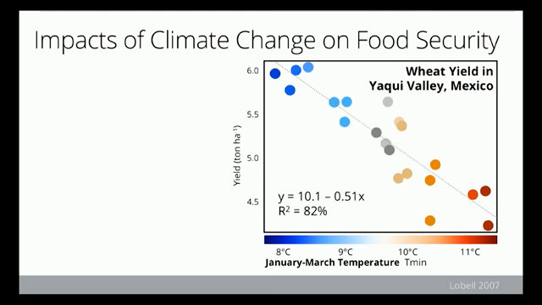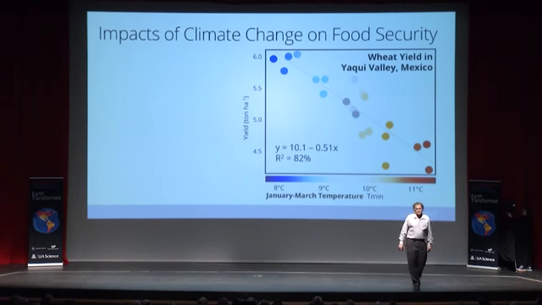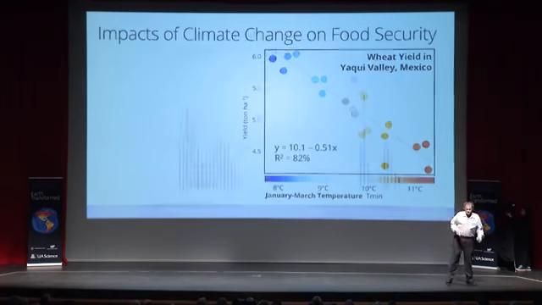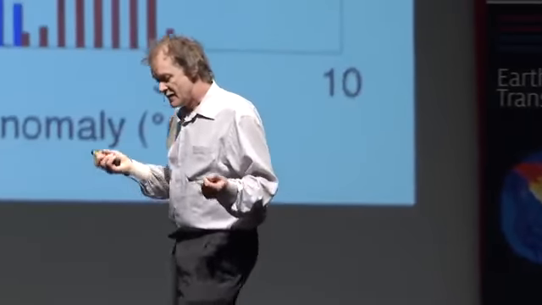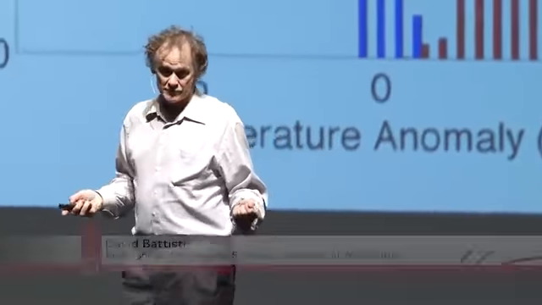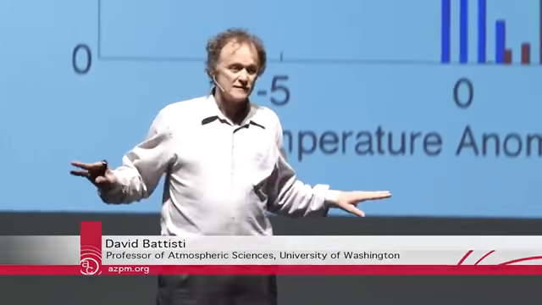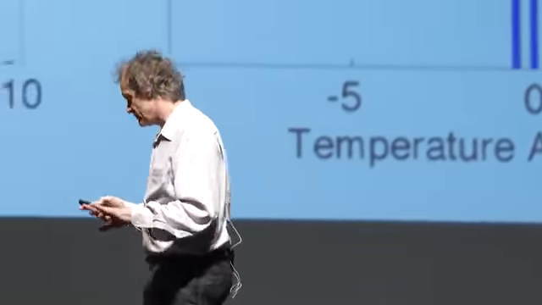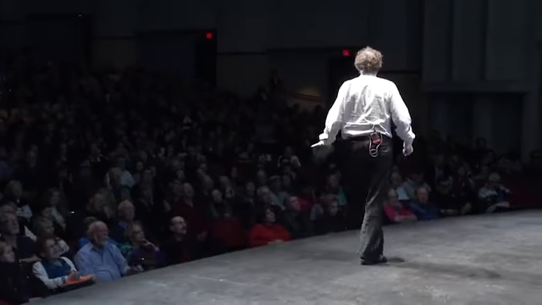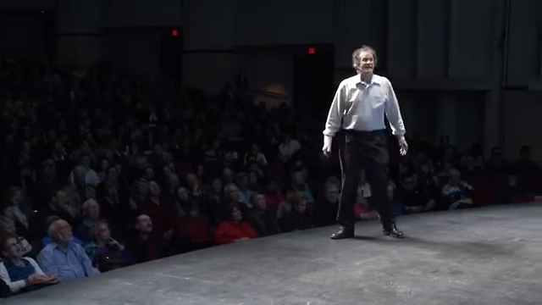Now you can do the same thing in the Philippines, and they have done it with rice under controlled conditions where nothing is lacking for these plants, and the temperature is just going up and down naturally. And it turns out you get 17% loss per degree C increase. You can do the same thing in India in wheat, and you find out it's 15% loss per degree C increase in temperature. These are controlled environments where there's nothing else limiting. If there was water limiting, it would be even worse. If there was fertilizer limiting, it'd be even worse. Right? So this is kind of like the best case scenario.